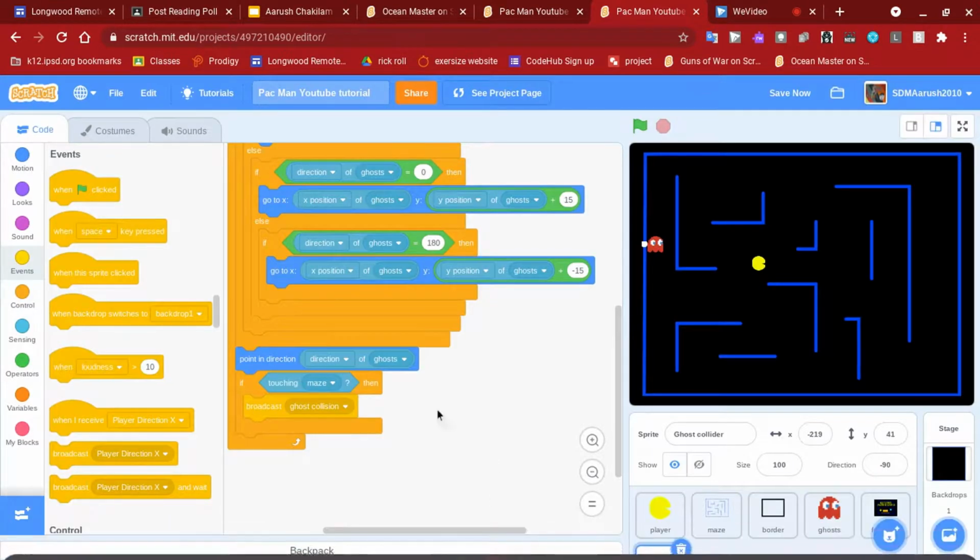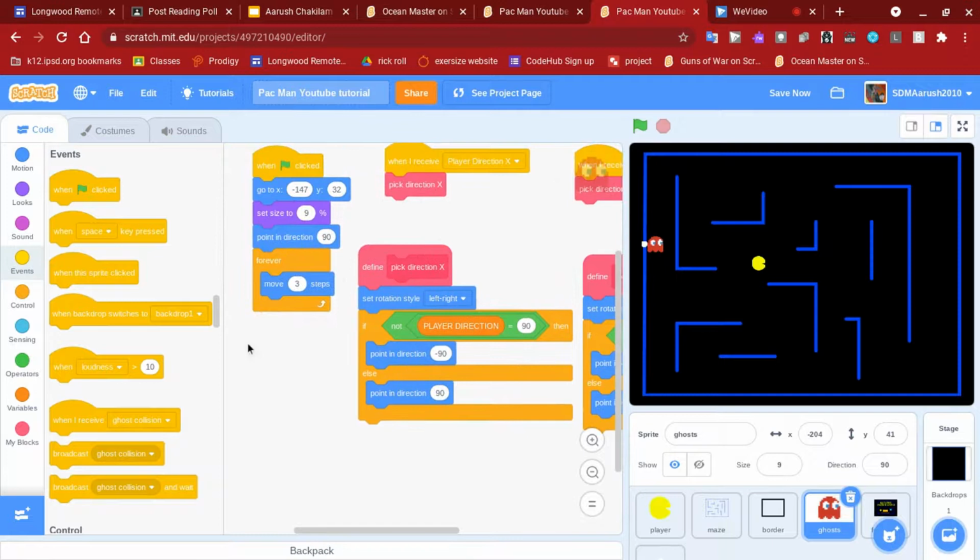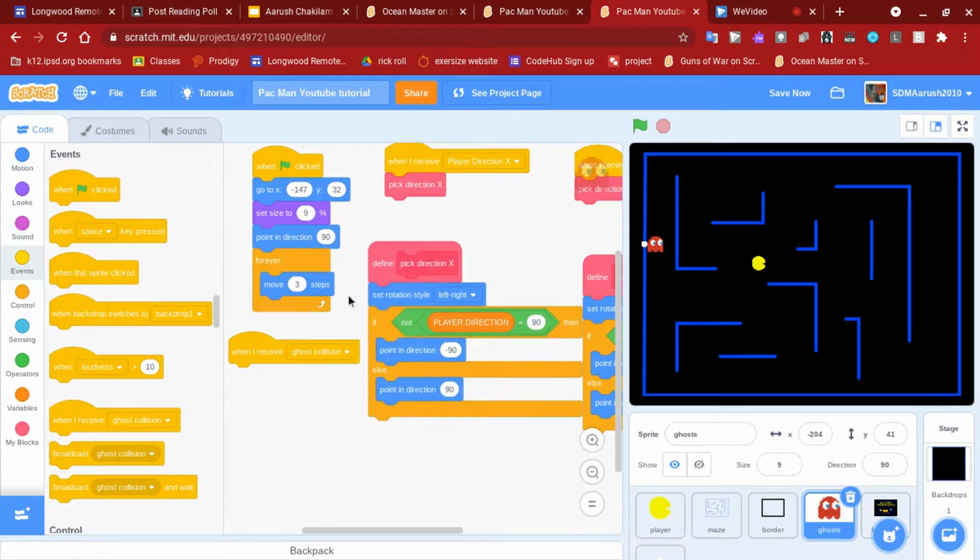So now you've broadcasted ghost collision, and then you can go to the ghost sprite, and in the ghost sprite you want to say when I receive ghost collision,